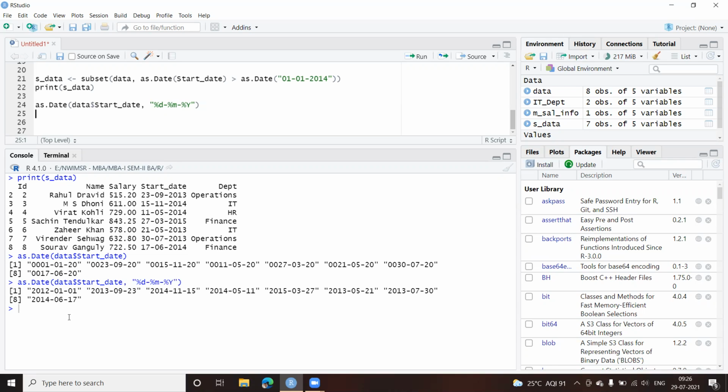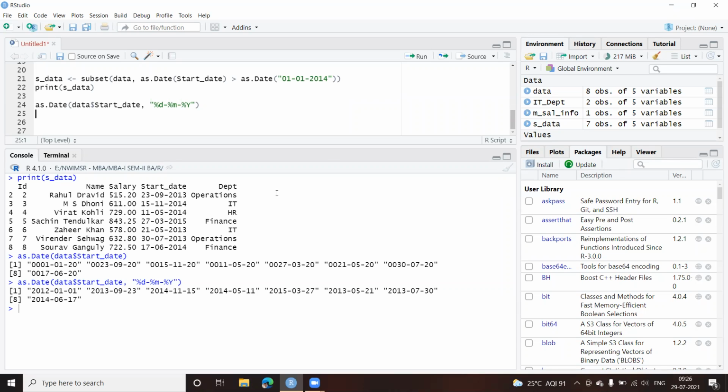Okay, now look at the value. Because I've specified the format in which the date is stored in my data set or data frame, which is the date first, the month, and the year, now it is able to convert this into a proper form. So I got 2012, 0101, then 2013, the month and the date properly.